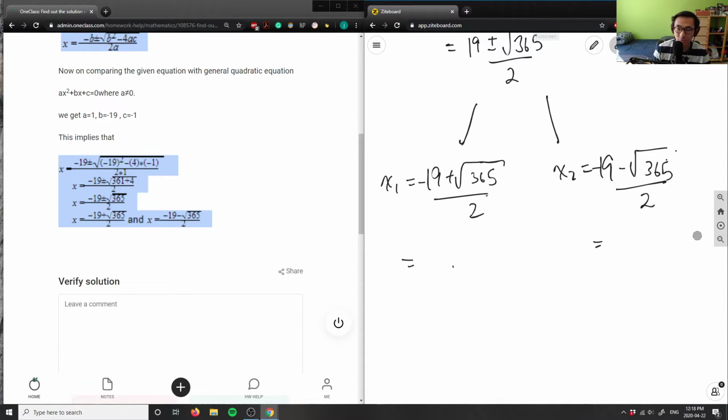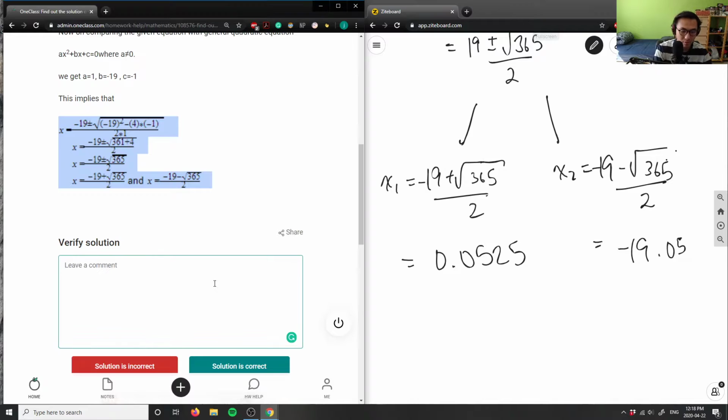So this is 0.05, so the first one here is correct. This is 0.0525. And then the second one would be negative 19 minus root 365, which would be negative 19.05. So that here is my correct answer for the solution. So this solution is correct, and yeah, the solution here is correct. So I'm going to say great solution